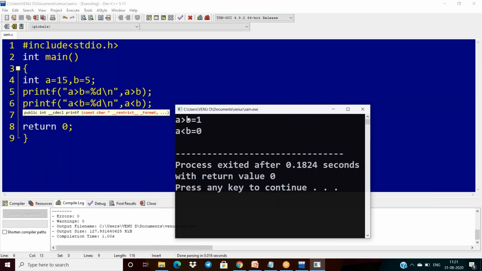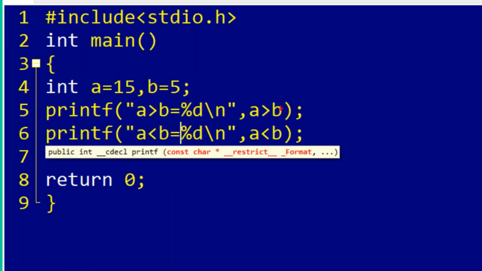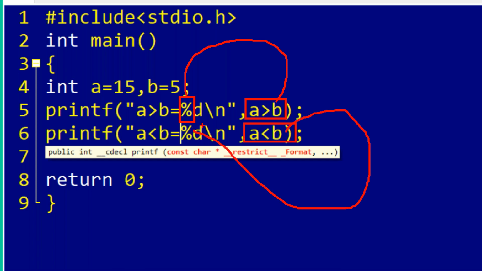Now see, the first one, a greater than b, is 1, and a less than b is 0. So an expression which represents true has the equivalent integer value 1, and an expression which represents false has the equivalent integer value 0. That is the one.